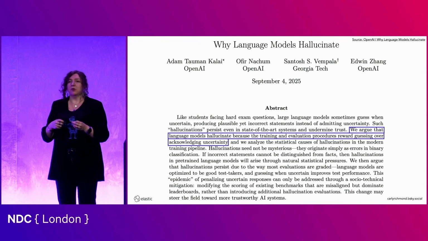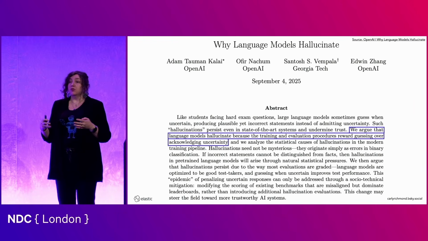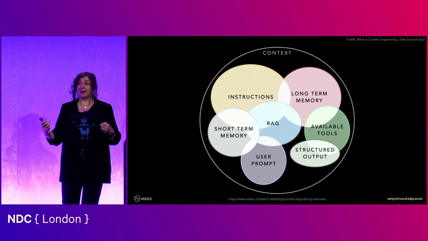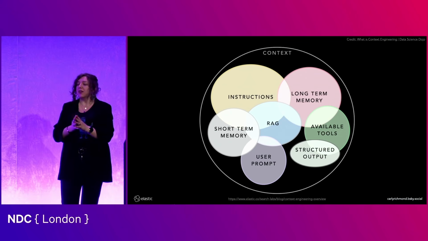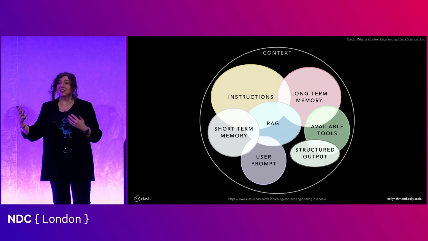Anyone who's got children will know that, or even pets, if you think about training, if you're incentivizing that particular creature to do something specific, and you put in the wrong incentive, they're going to do the wrong thing. And these models are very much in that regard the same. So we need to provide information to make sure that they actually do the task and achieve the task that we want them to do. And for that, we have several different tools within our toolbox, and these together make the field of context engineering. And we're going to talk about each of these in turn with an example, so by the end you'll know about not just what these things are within a system, but also the techniques you can leverage and also resources to go off and learn more about it.